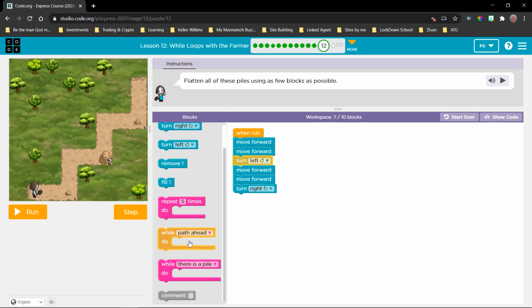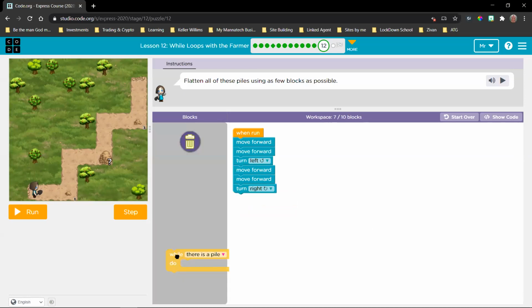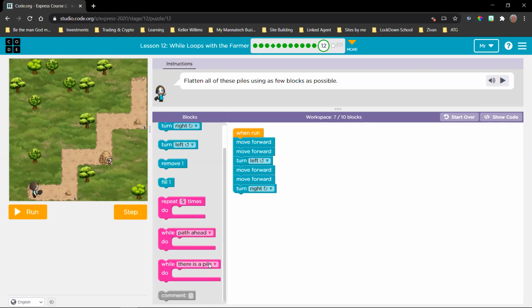One, you can put the path ahead and then change this one to a pile if you want to, or you can use this one. But if you're going to type it to me on the chat box, you'll have to tell me which one to place and where it needs to be.